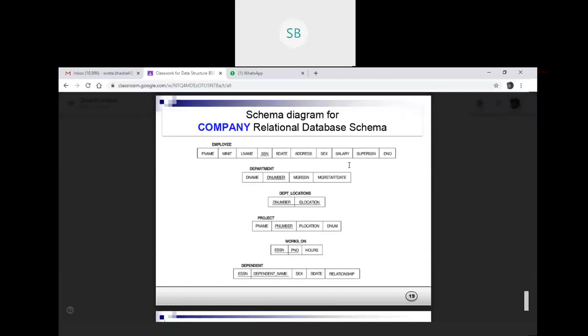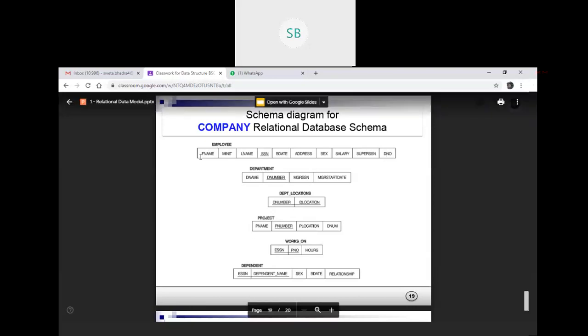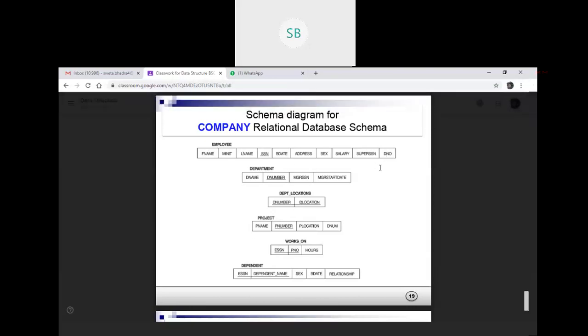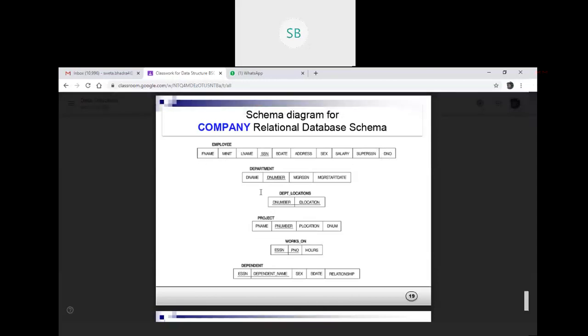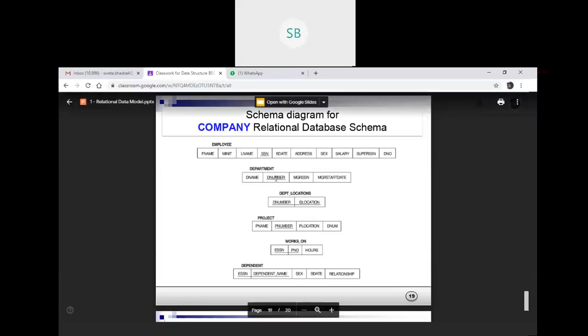If you want to find the manager SSN, the manager start date, or the name of the department in which this employee works, you just reference that table. This is referential integrity: this is the foreign key, and this is the primary key.